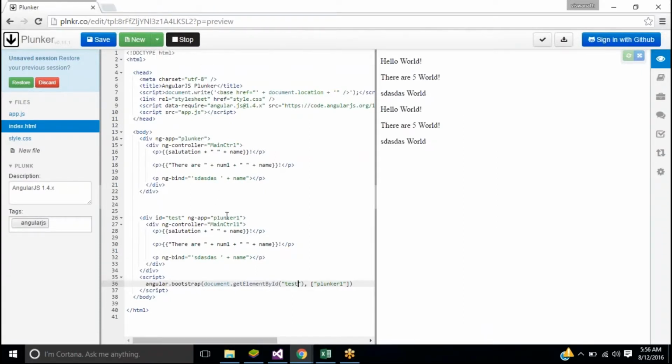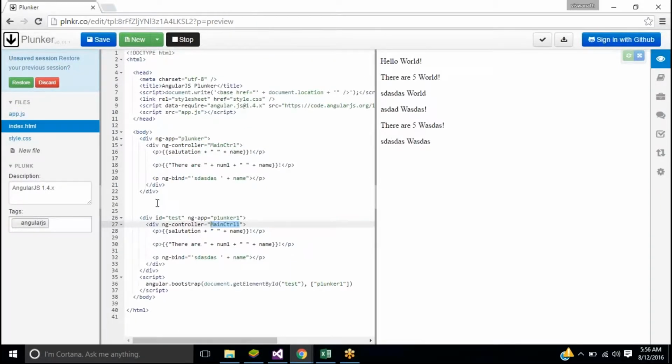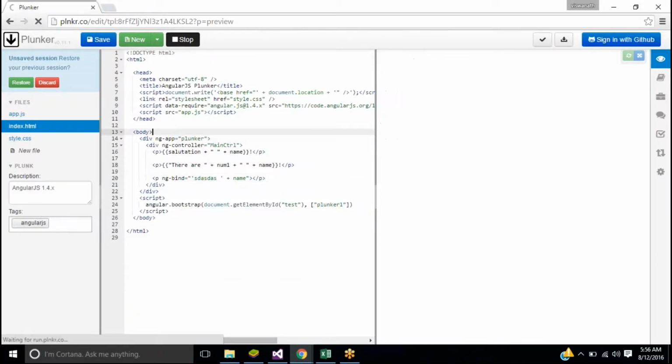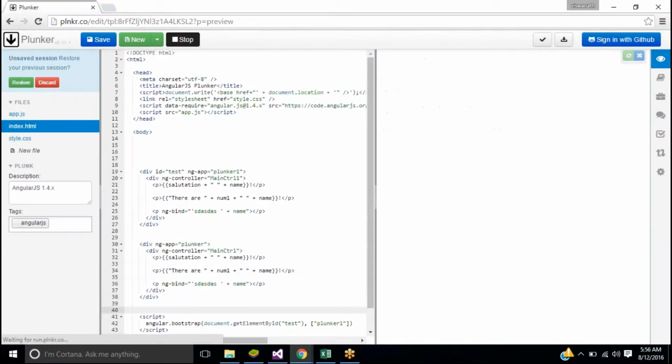Got it? So I use a different app and a different controller, but it still works. Because, for example, I can change the values here. So now in index.html you'll see this. Let's say I replace this. I kept it at the top before my first app. You'll see that the first app will render, but the second app will not render. Although I define both of them, both the apps are defined, only the first app will be rendered, not the second app, right? That's about the ng-app directive.